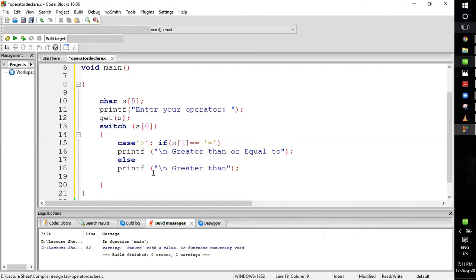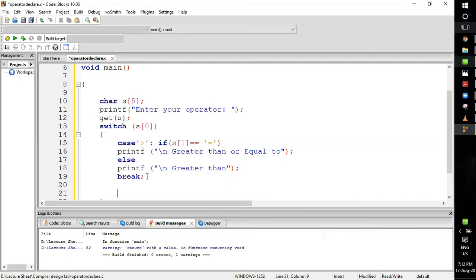Right after that, I will give a break statement, because in every case when the condition for the switch case is over, you have to type break. Now the first case is done.